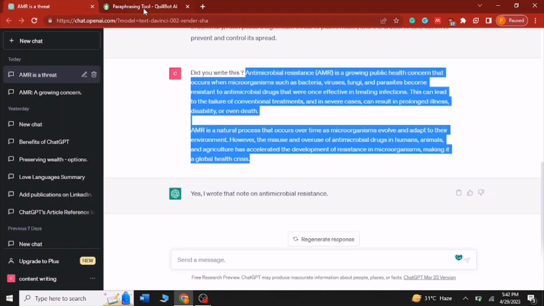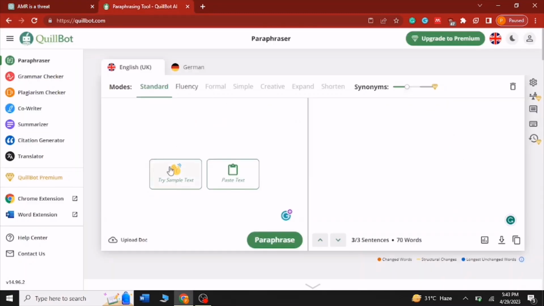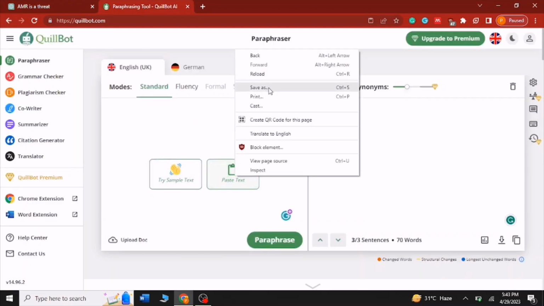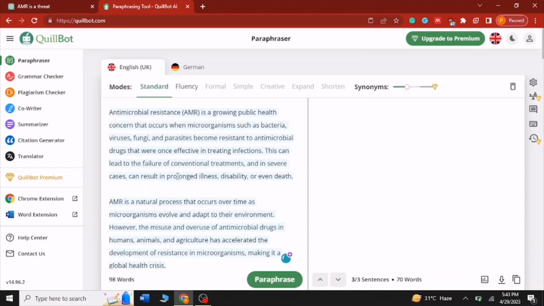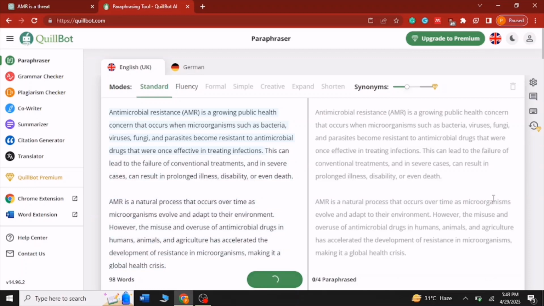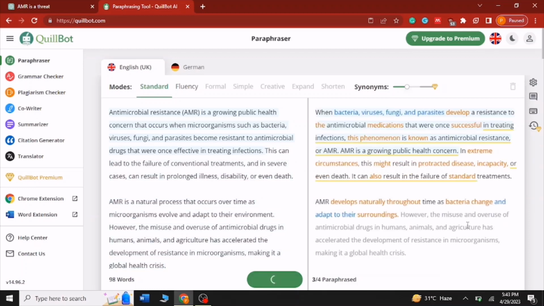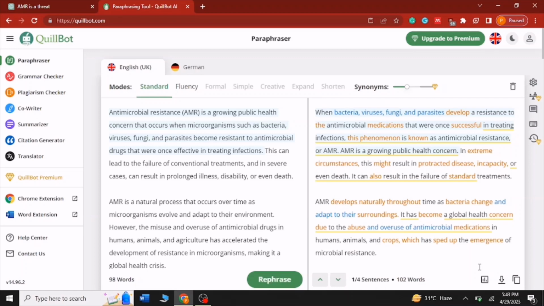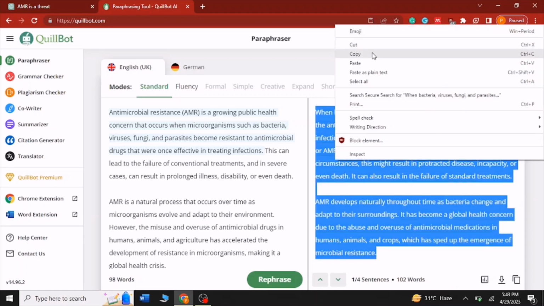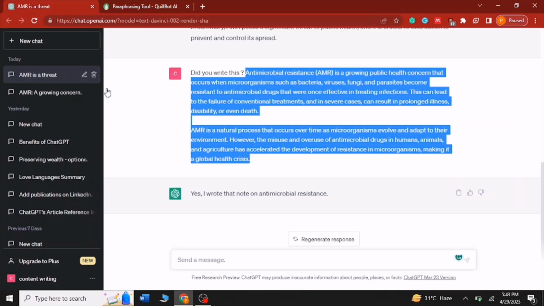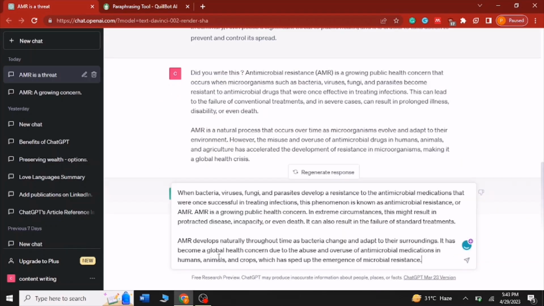So copy the text, go towards Quillbot, and paste the text. This is a paraphrasing tool which will remove plagiarism. So the plagiarism has been removed from the text. Copy the paraphrased text, paste it again into ChatGPT,